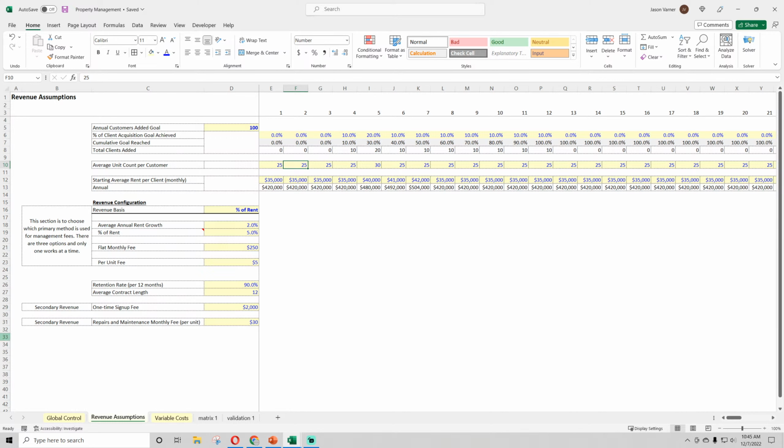If you're onboarding a customer that already has units active, they probably already have background checks and all that. If it's a new property, if you're onboarding a landlord that has a brand new multifamily building,